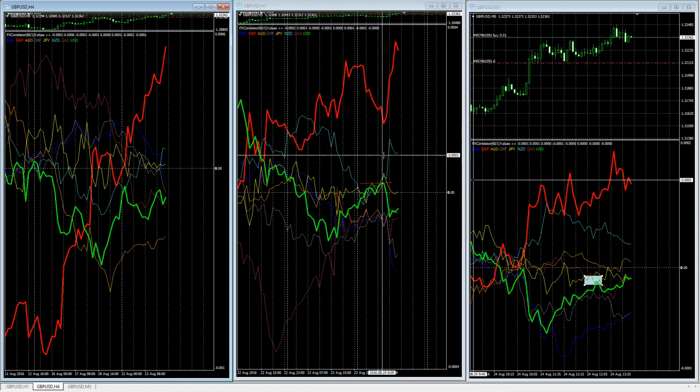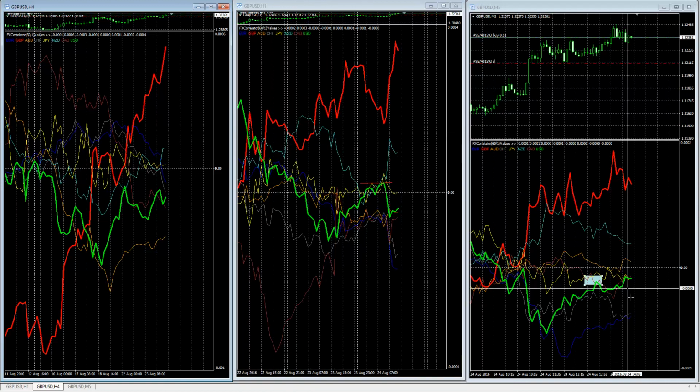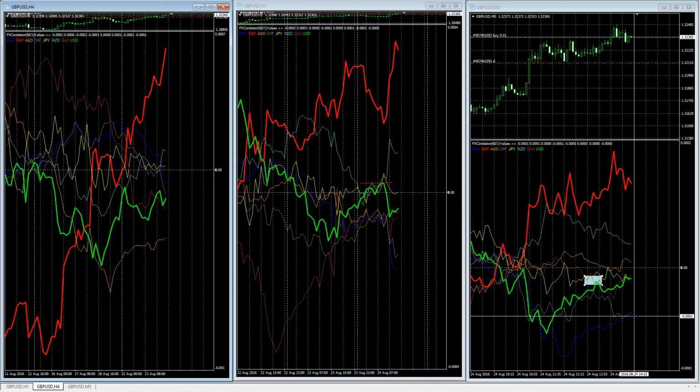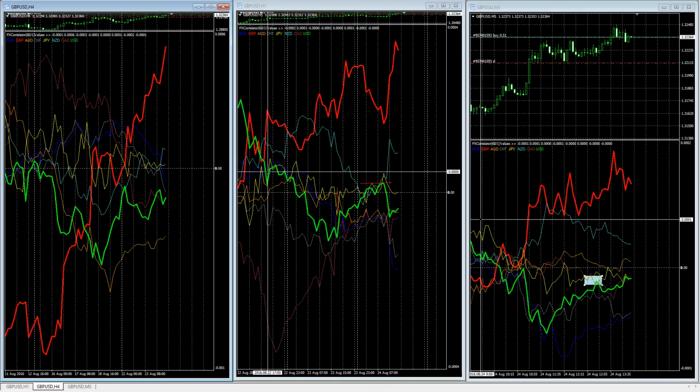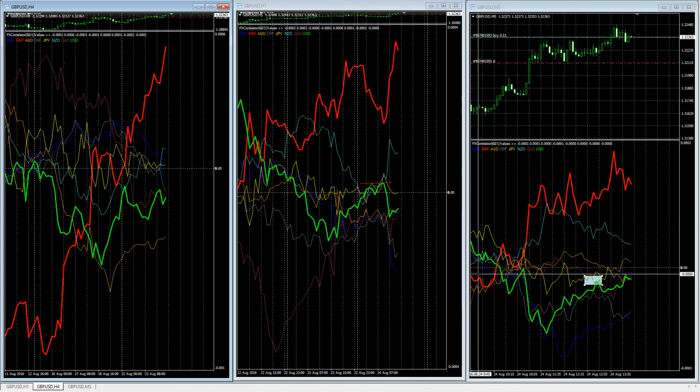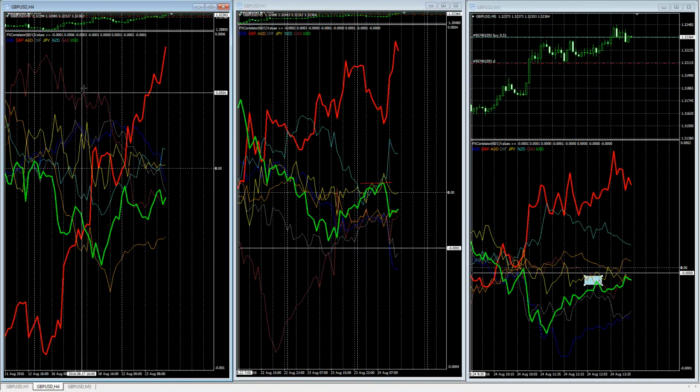I don't advise you to do this, because again, you want to trade the strongest currency pair at the moment, and try to find the most optimum second currency, to benefit from this strength